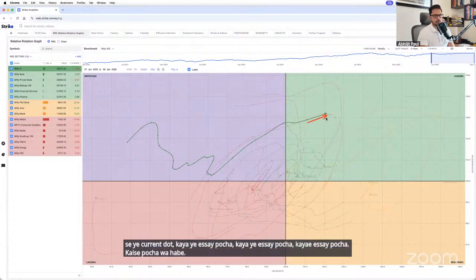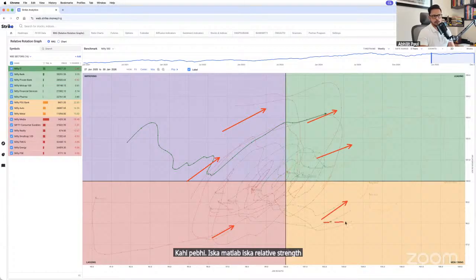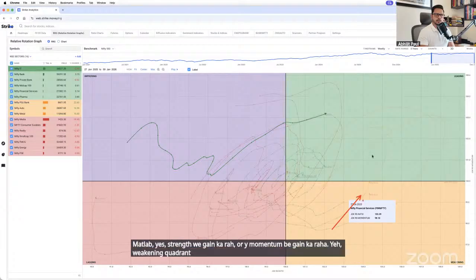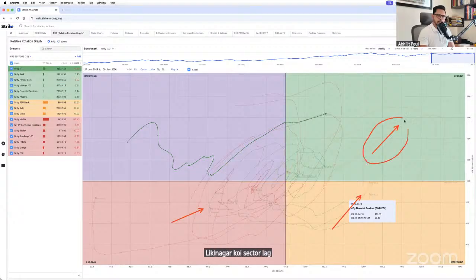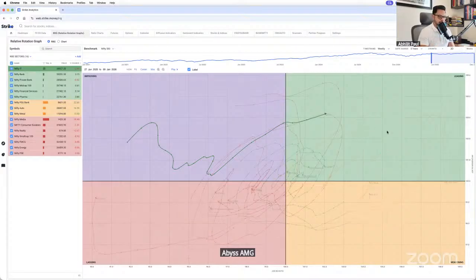तो ये ऐसे पहुँचा। कोई भी आरआरजी जब ऐसे बिहेव करता है, इसका मतलब इसका रिलेटिव स्ट्रेंथ भी गेन हो रहा है, लेफ्ट टू राइट भी जा रहा है और डाउन टू अप भी जा रहा है। तो ये एक अच्छा पॉजिटिव आरआरजी है। मतलब ये स्ट्रेंथ भी गेन कर रहा है और ये मोमेंटम भी गेन कर रहा है। ये वीकनिंग क्वाड्रेंट पे भी हो सकता है, लैगिंग में भी हो सकता है। लेकिन अगर कोई सेक्टर लीडिंग में ऐसा दिखाए और लैगिंग में ऐसा दिखाए, तो दोनों में कंपैरेटिवली ऑफकोर्स ये ज़्यादा बेहतर है, बिकॉज इट इज़ इन अ स्ट्रॉन्ग क्वाड्रेंट।